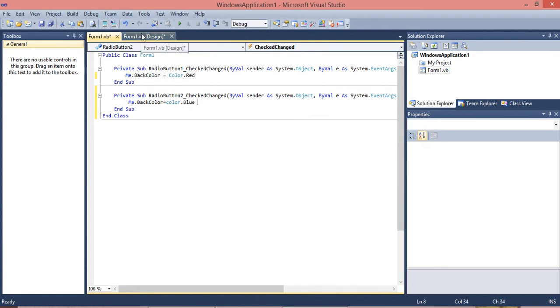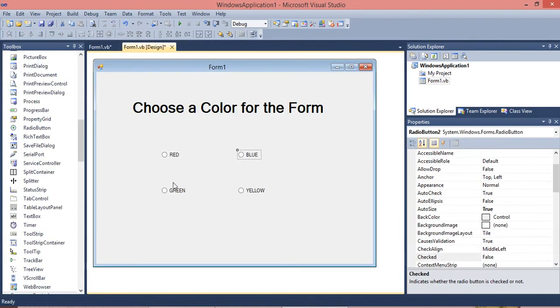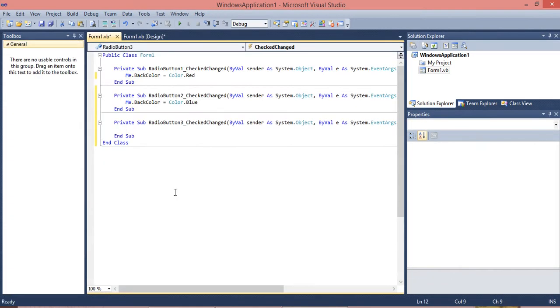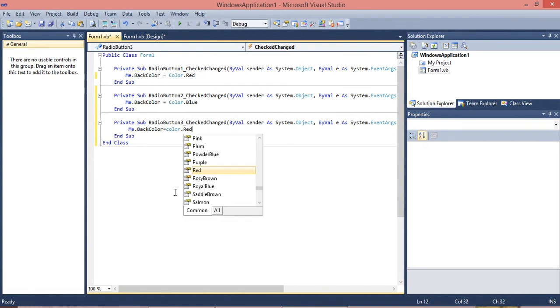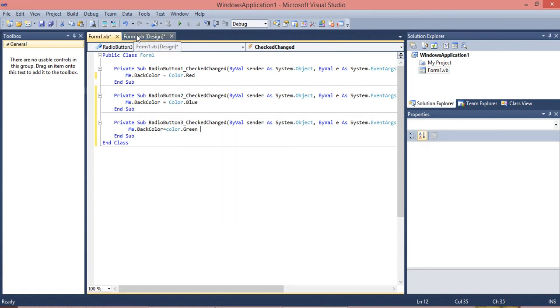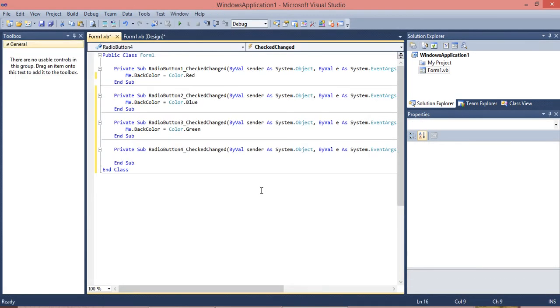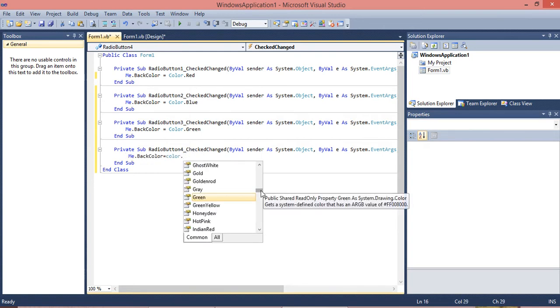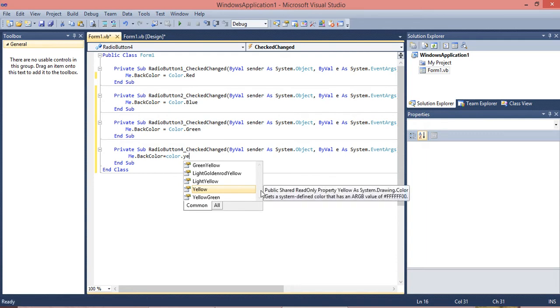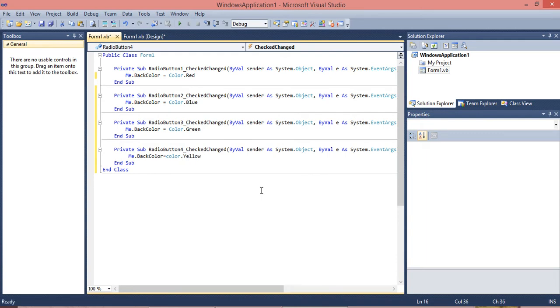Yes. So again go to the designing part, double click this green. So again we can paste the same line. Control V, we can change that red alone as green. Yes. Now again go to the designing part, double click this yellow and Control V paste, give backspace and yellow. Space bar, yes, automatically it displays.